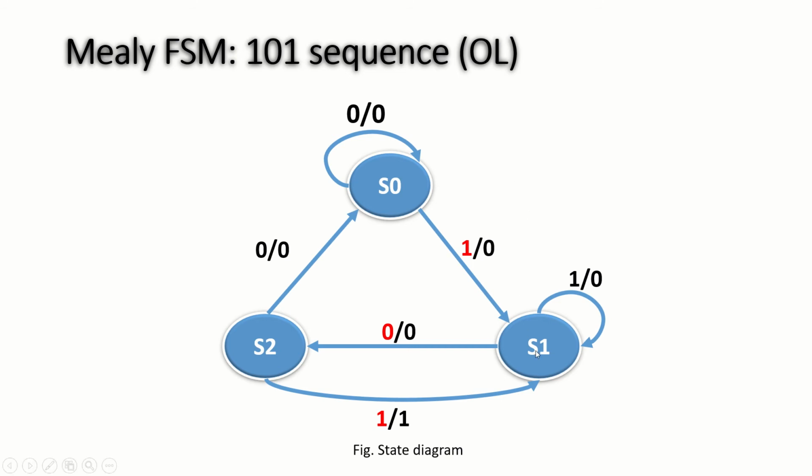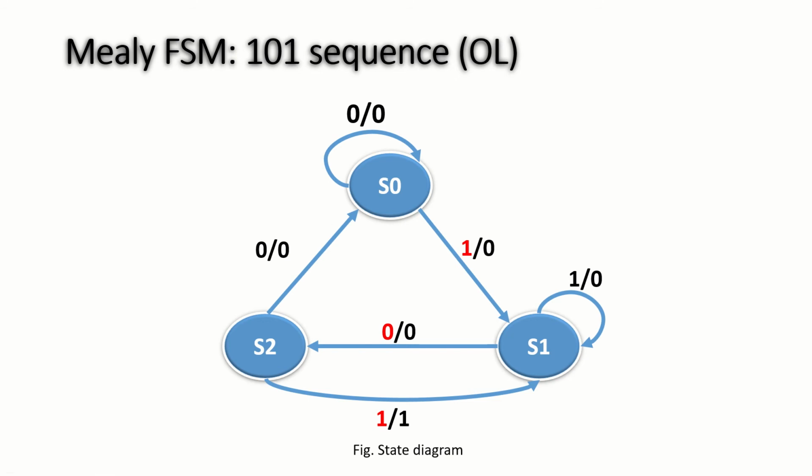So let's move ahead. When we are at the S1 state and the input equals 1, again the output equals 0. But when the input equals 0, it will move to the next state as we are getting the desired bit, but the output is still 0. When we are at the S2 state and the input equals 1, we get the desired bit and it completes the desired sequence 101, so the output would be 1 and it will move to the S1 state. When we are at the S2 state and the input equals 0, it will go to the reset condition.